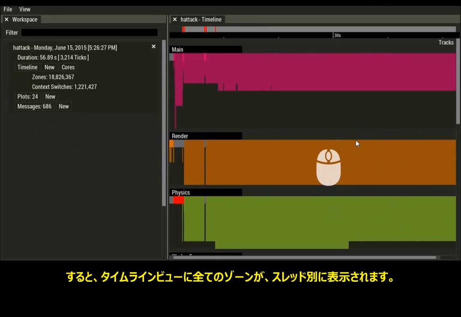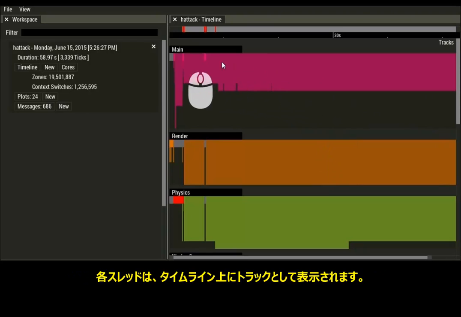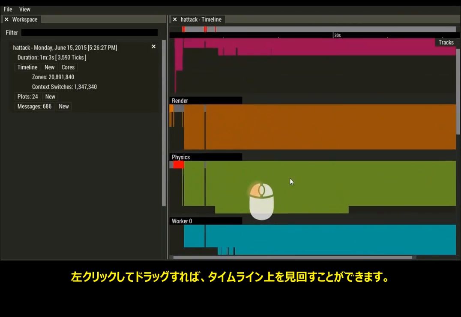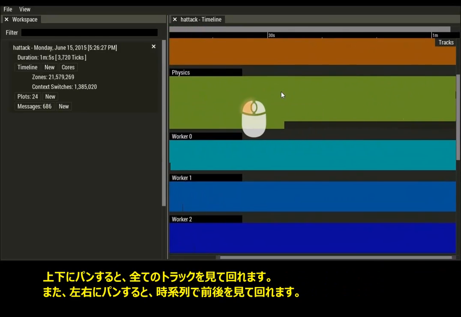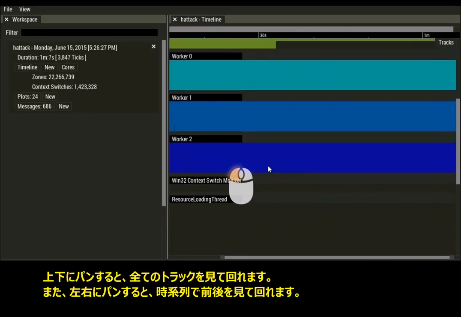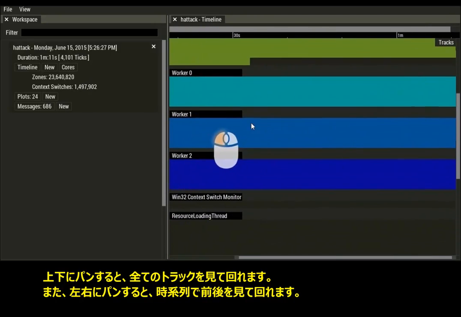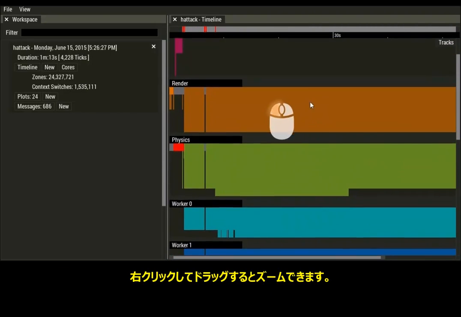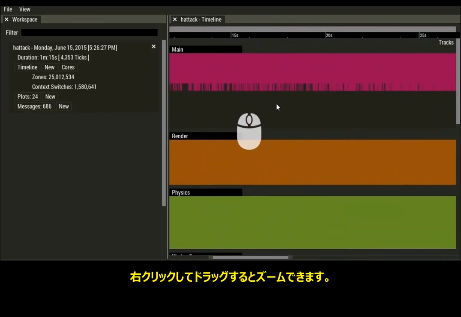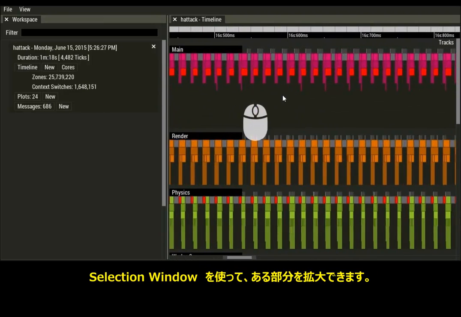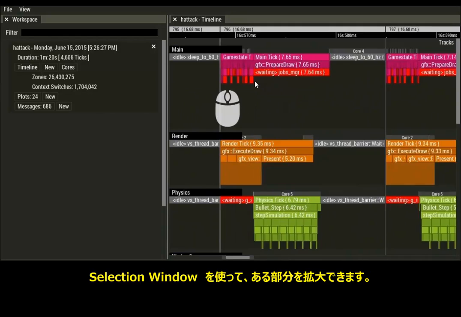shows all of your zones organized by threads. Each thread is represented as a track in the timeline. We can left click and drag to zoom around in the timeline, so we can pan up and down to see all of our tracks, and left and right goes forward and backwards in time. We can right click, drag to zoom, so we can zoom in on a certain portion by using basically a